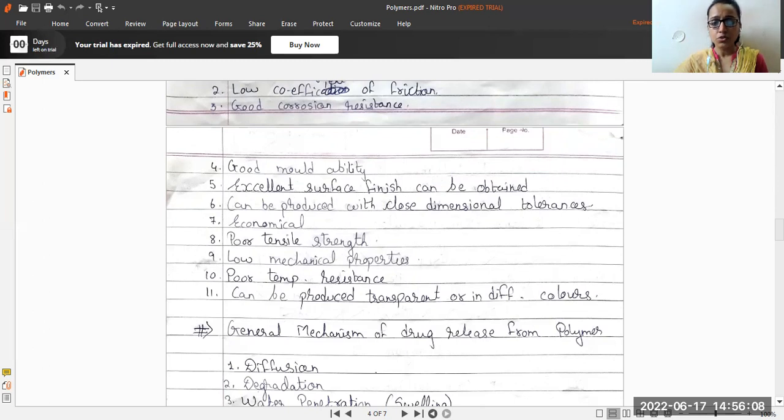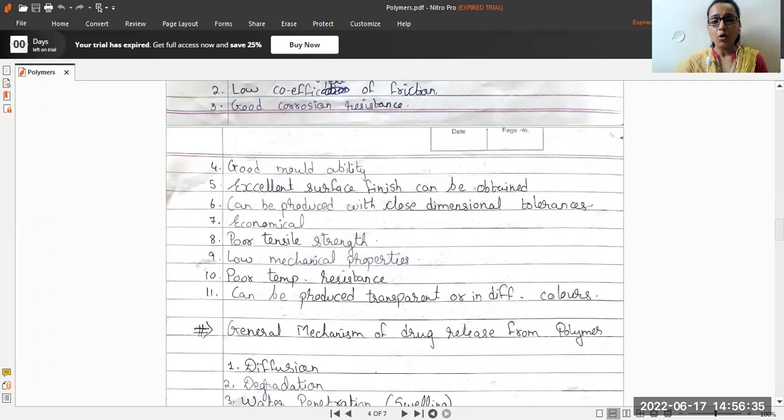Next is that it can be produced with close dimensional tolerance. Polymer should be economical. It should have poor tensile strength. The tensile strength of the polymer should be poor, and its temperature resistance also should be poor so that it does not transform based on the temperature. The mechanical properties of the polymer should also be low,